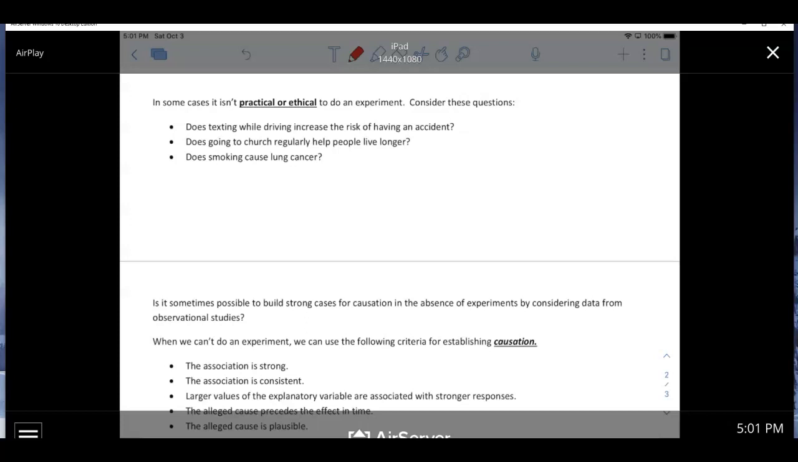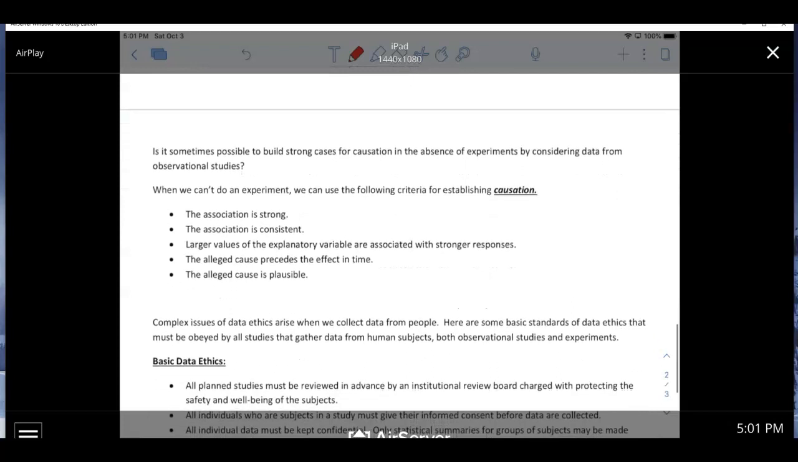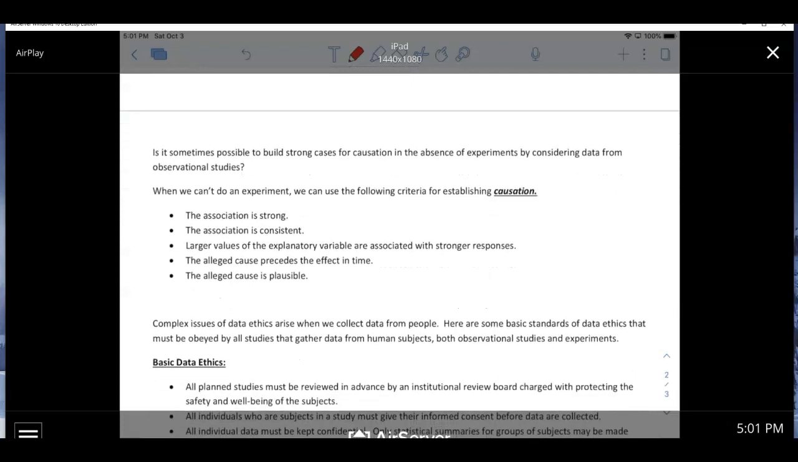And does things like smoking cause cancer? So again, we're not going to force people to smoke who don't want to, just to see if we get a good experiment. So you got to do things that make sense where you're not hurting somebody. It's sometimes possible to build strong cases for cause in the absence of experiments. And this is really not so much for the AP course, but just in general, there is a way we can get to causation,